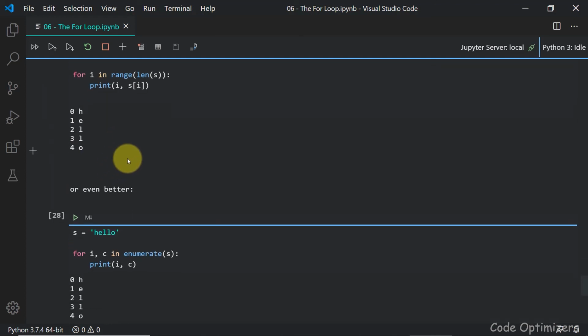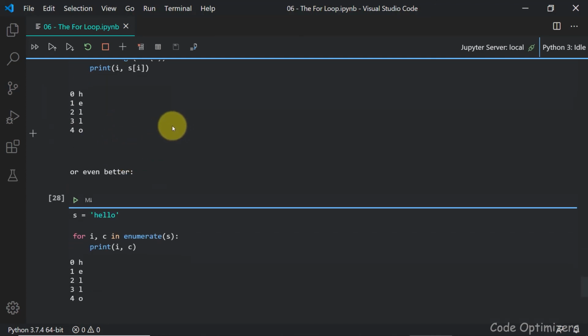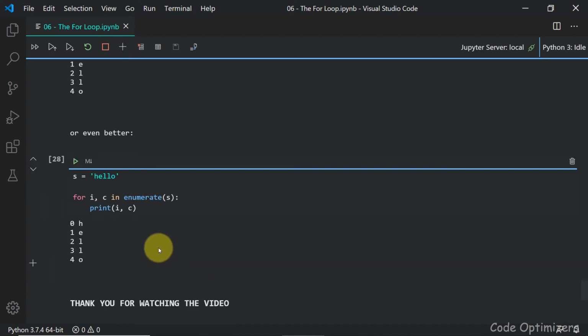Now we have the enumerate function. So what is the enumerate function? Enumerate function adds a counter to an iterable and returns it in the form of an enumerate object. So for i, c in enumerate s, it adds a counter for every element of an iterable.